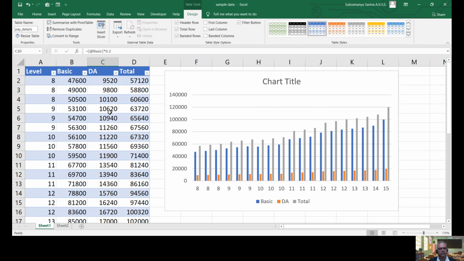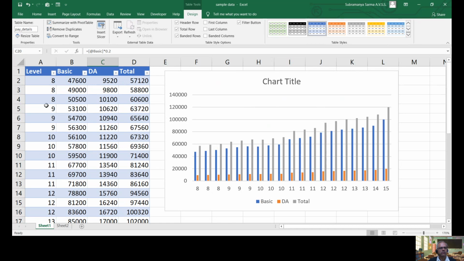I will recap the features of tables once again before concluding this video, right? Once we convert the data, it will apply some color code, and it also adds filter buttons to each and every column, and a Design menu will be added automatically. So these are three instant additions once you convert the data into a table.